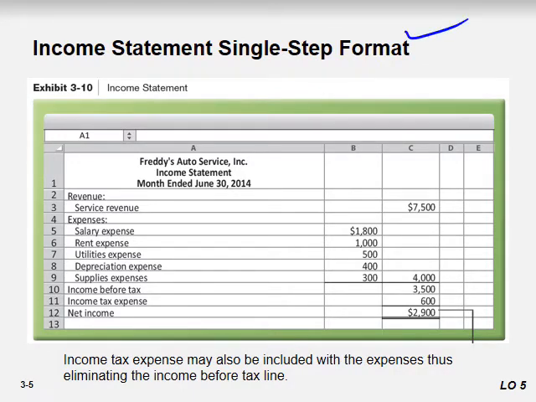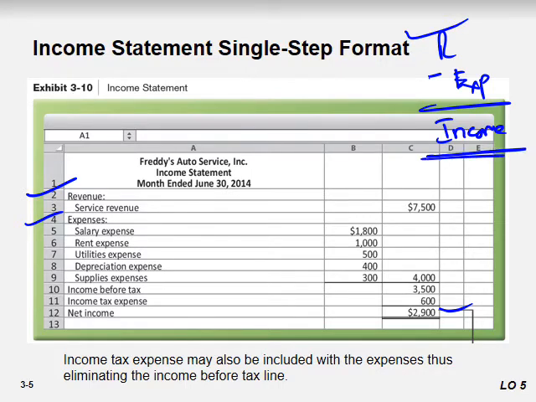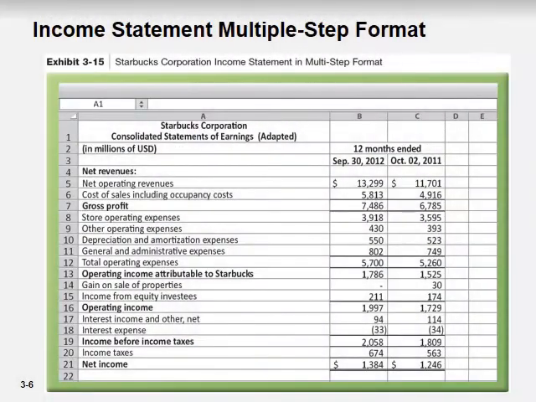The single step format is that all kinds of revenue minus all kinds of expenses, and then you have net income, right, which means revenue minus expense is equal to your income. That is a single step format. Simple. The multi-step format starts from revenue